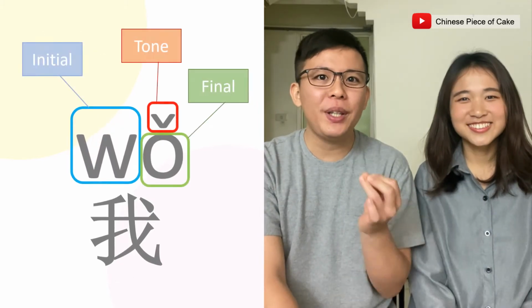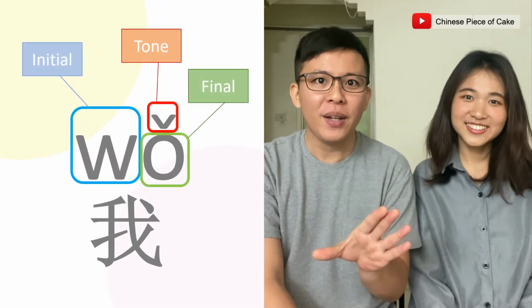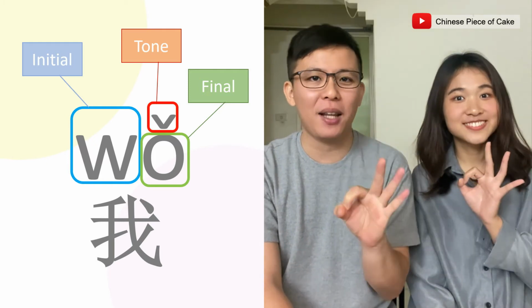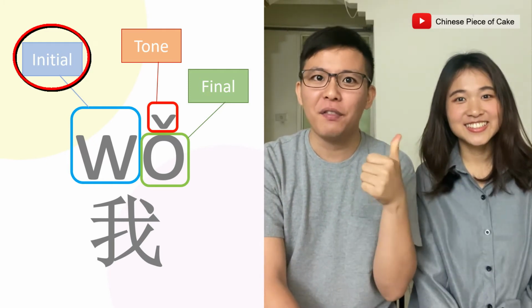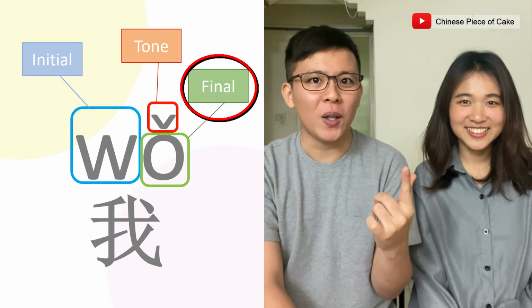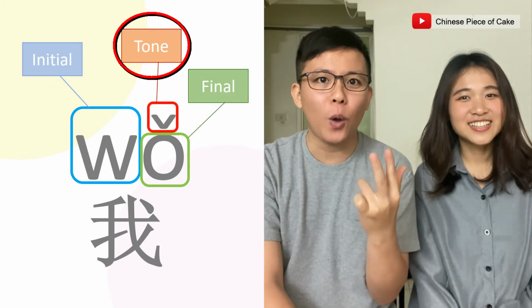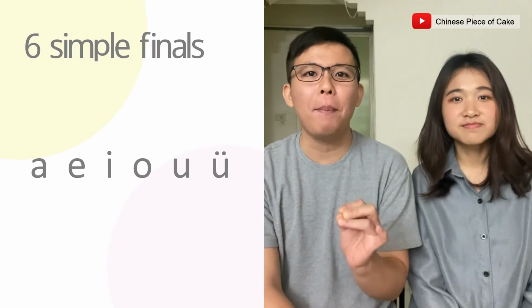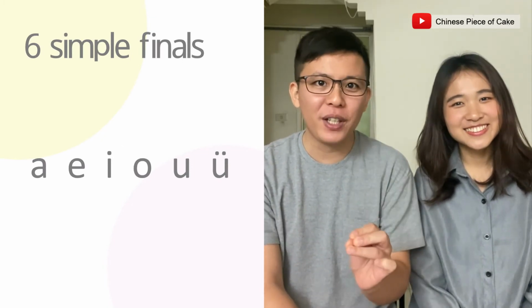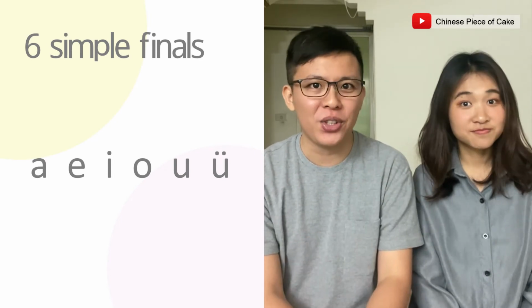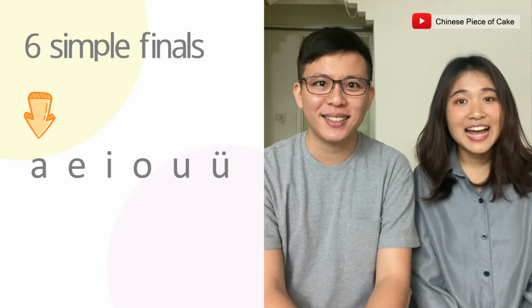Now we know that every Pinyin is composed of three basic elements, and they are first, initial, second, final, third, tone. This video is a brief introduction about Pinyin, and in this video we will learn the 6 simple finals, and they are a,